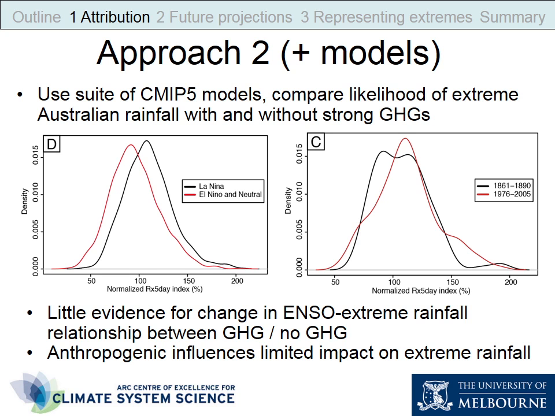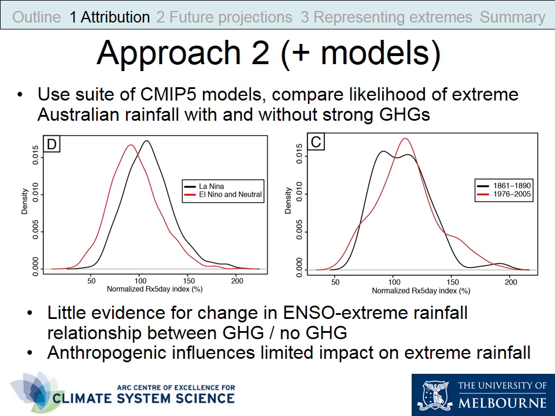And next, we're going to compare the likelihood of the heavy rainfall events in that set of experiments with and without strong greenhouse gases. So in this case, we're looking at a historical experiment, which is attempting to simulate the climate of 1850 to 2005 as accurately as possible. And in this case, we've picked out heavy rainfall events comparing rainfall in the early part of that record where we don't have a strong human influence, and comparing it to the later part of the record when we know there is a strong human influence.